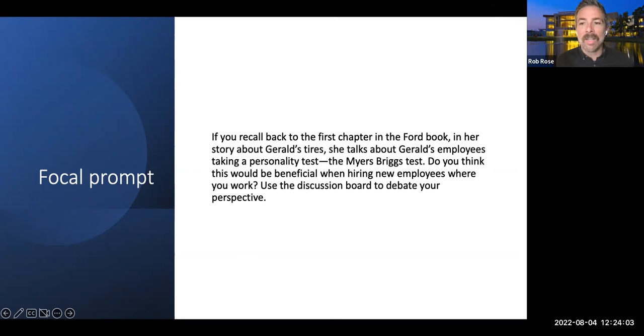Just on a side note here, I was actually asked to take a personality test when I was applying for a job back in college. I think it was waiting tables at maybe a Chili's or something like that. The manager took my completed personality test while I was there for an interview, and he came back 10 minutes later and was like, unfortunately, we're not able to hire you.